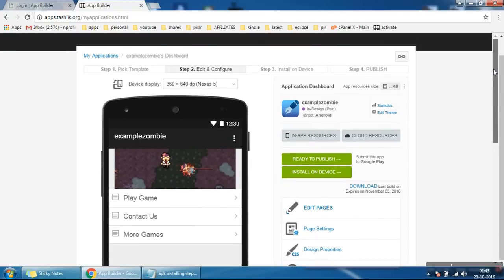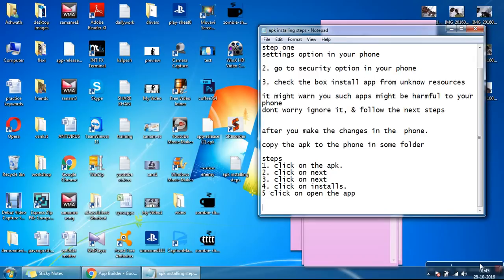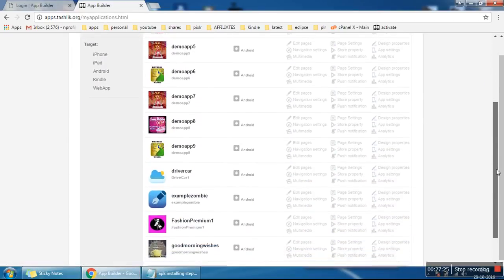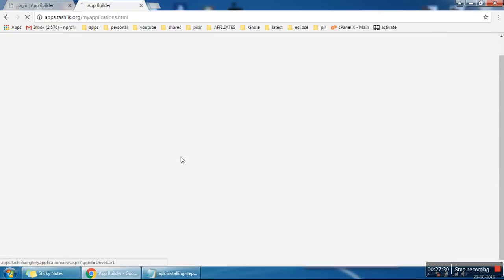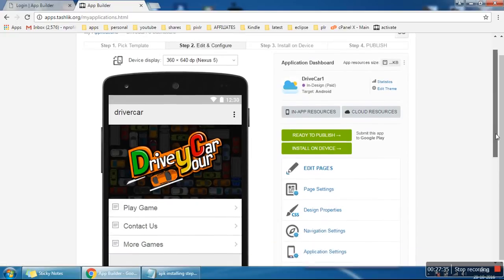Now what I will do is show you one more sample of how to create a game app by changing the images. Alright, just hold on. See, I have made one more change to this particular game. I will show you the changes and how I made them.